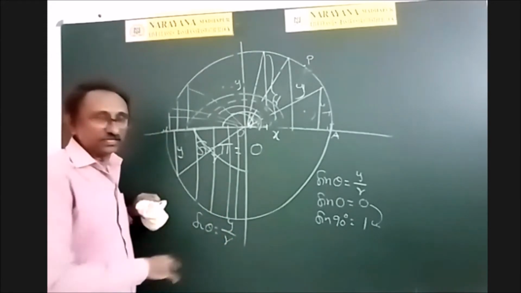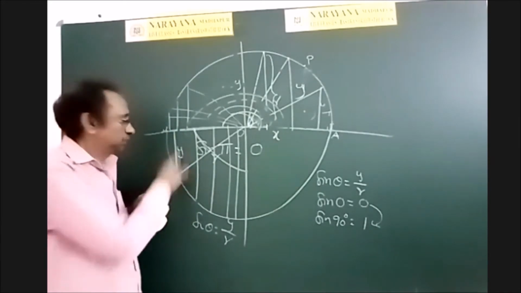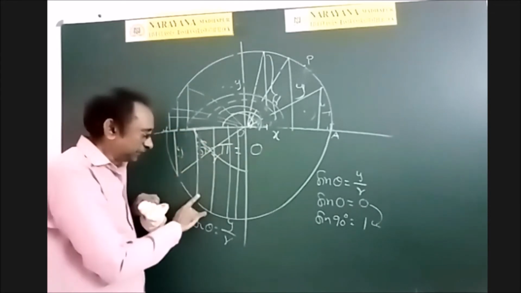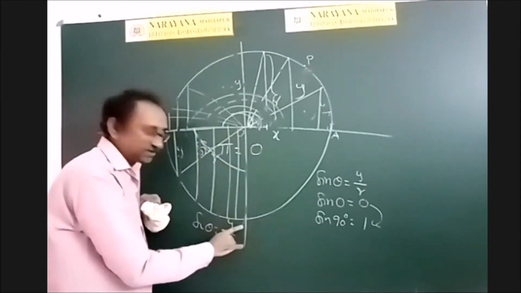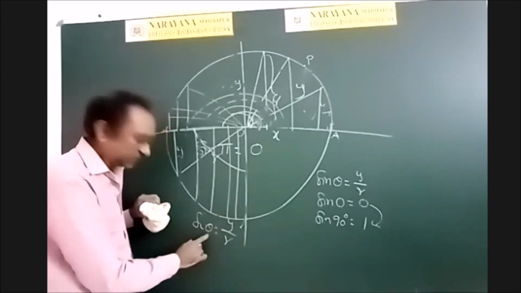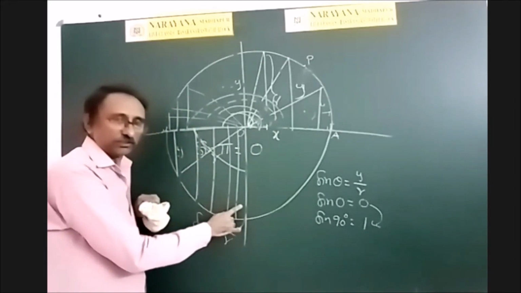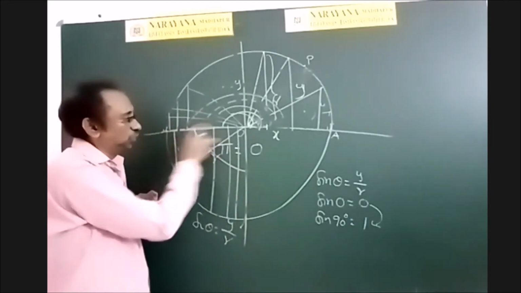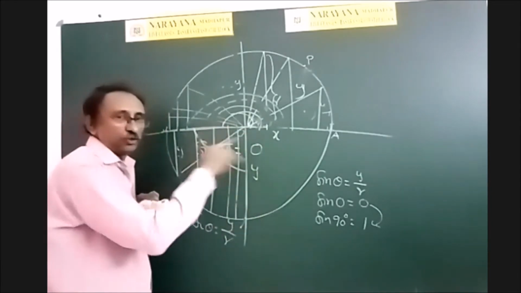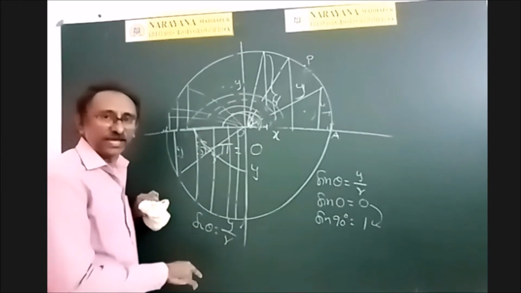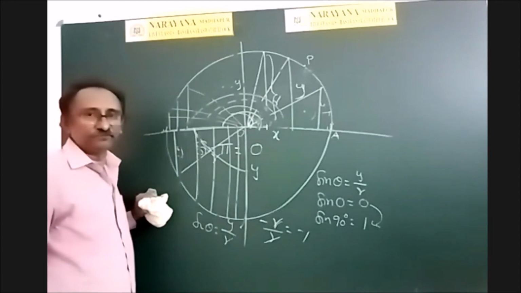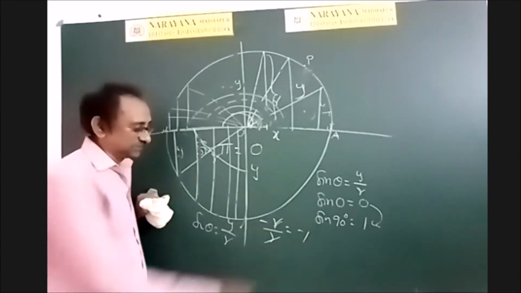No, y is not increasing. Y is actually negative values. So this is minus 1 by 2. Suppose minus 1 by 4, minus 1 by 3, minus 1 by 2, and minus 1. That means value increasing or decreasing? Decreasing only. Therefore, once again, sine theta value decreases in third quadrant also. Decreases from 0 to what? Here, y is nothing but r, but numerically different. So y we should take as minus r. So minus r by r, that is minus 1. Therefore, sine 270 degrees is minus 1.